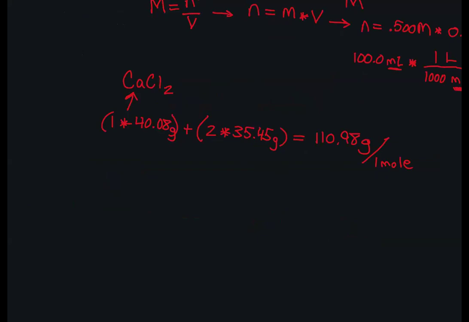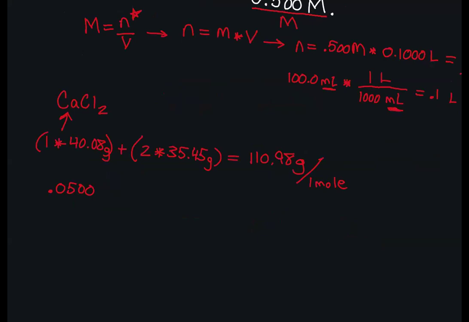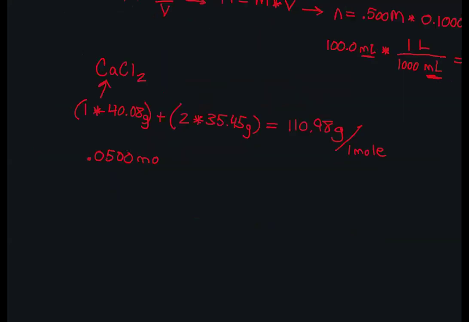Zeros that I had, 2 zeros. Moles times. Now, I want the unit moles to cancel, so that means that I'm going to put it on the bottom. So I'm going to put 1 mole on the bottom, and then I'm going to put 110.98 grams on the top. All right, in the calculator, we're going to do 0.05 times 110.98. And then what we get is